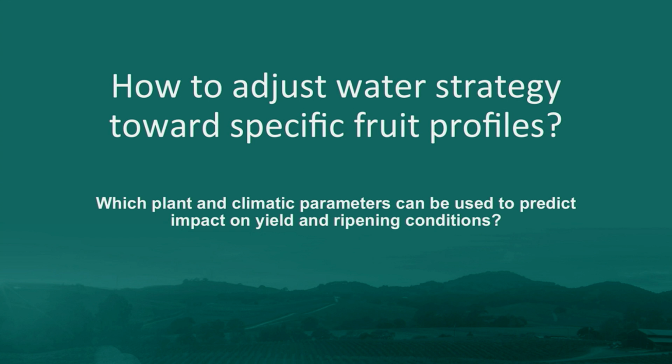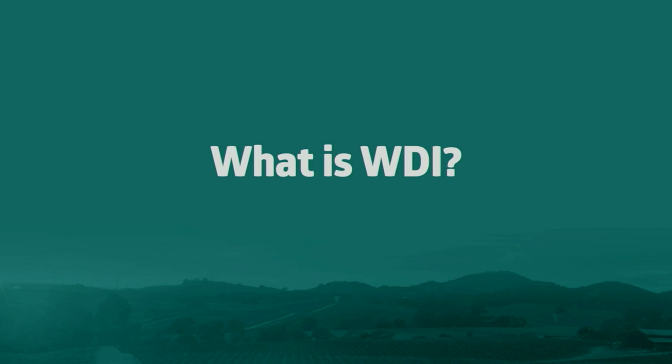So in order to transition into the next speaker, I wanted to see if we could start putting ourselves in the position of defining the specific fruit profile through the monitoring of a given water strategy. And in order to do that, I think we need to reconsider a little how we analyze water status changes, as opposed to looking indirectly at the water potential inside the plant, which is dependent upon water deficit in the air and water deficit in the soil. So it's very difficult from a water potential to directly assess the plant water needs. Just look at the water use and learn from that.